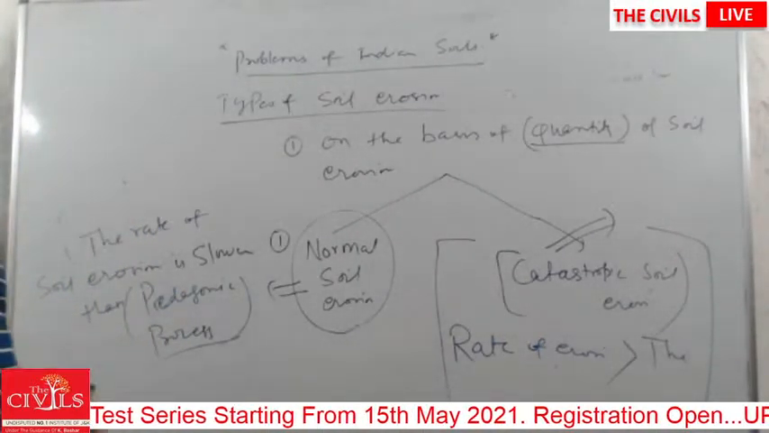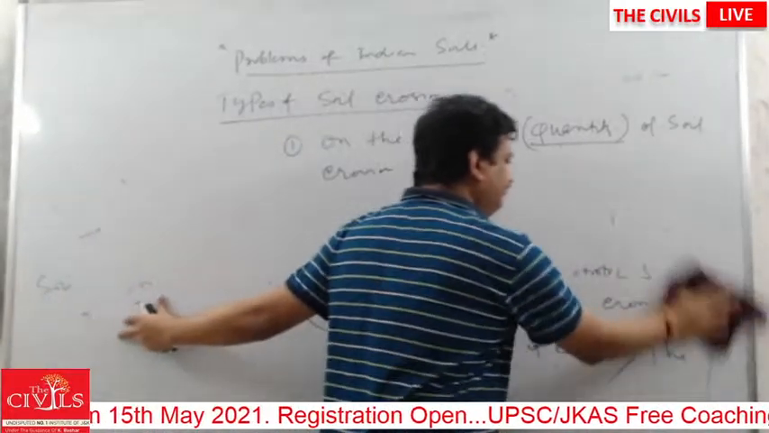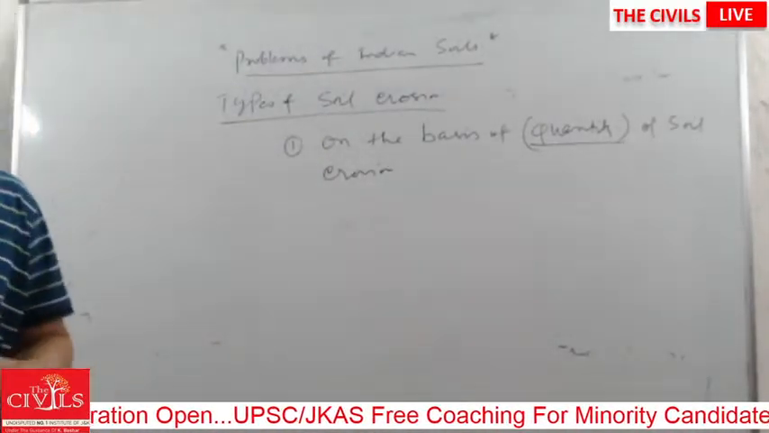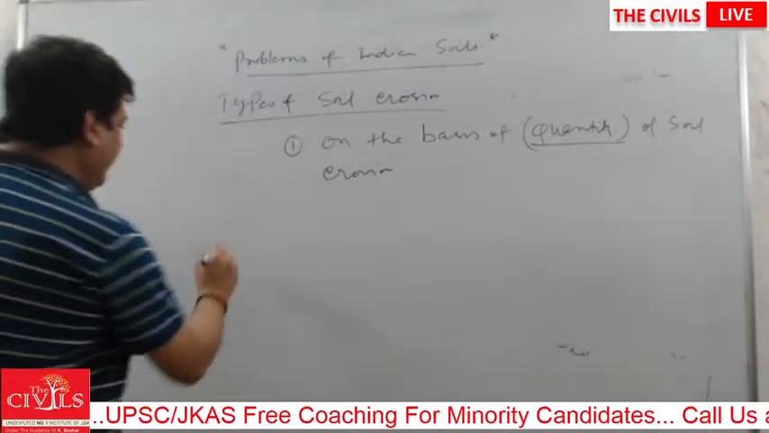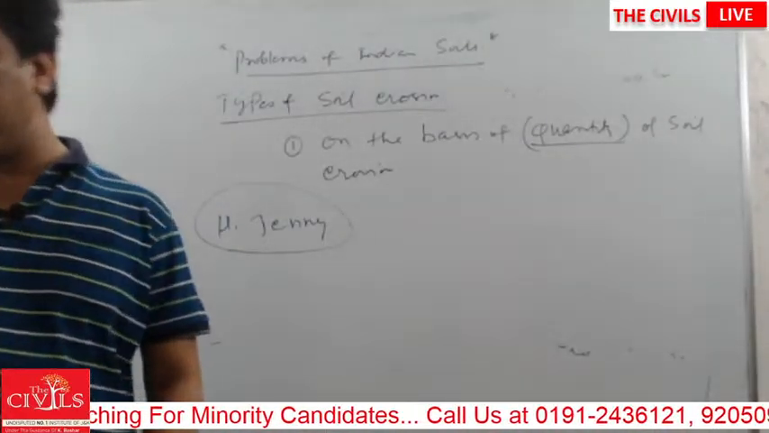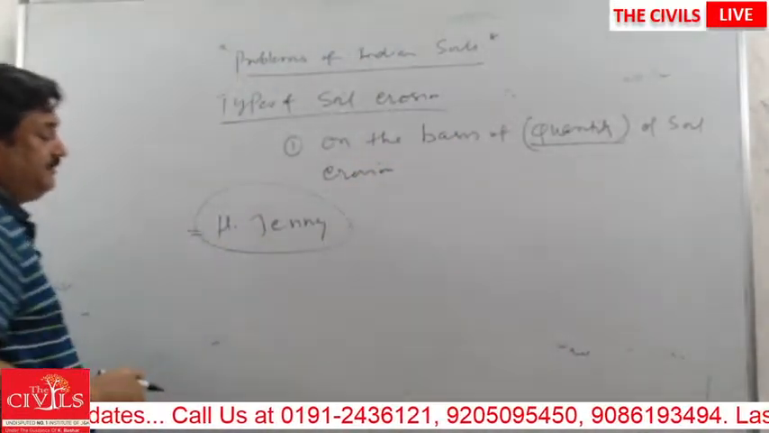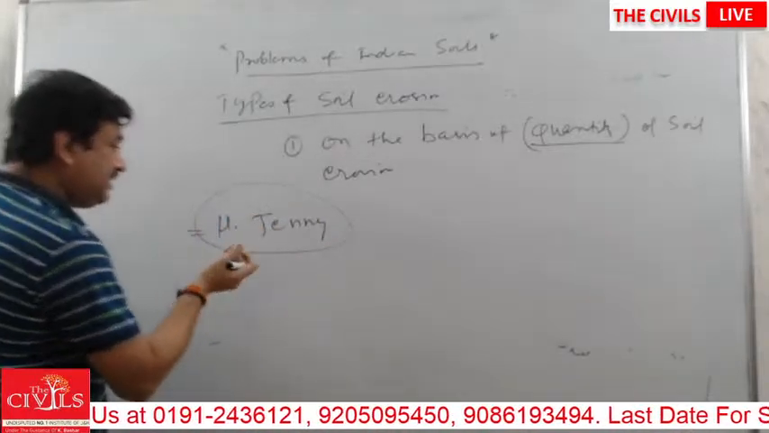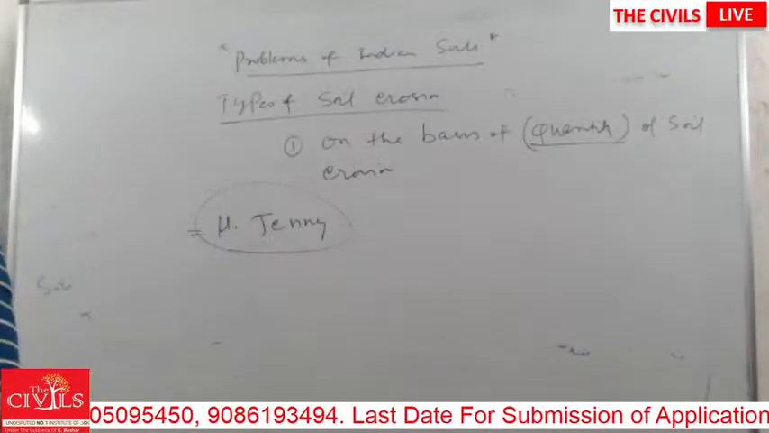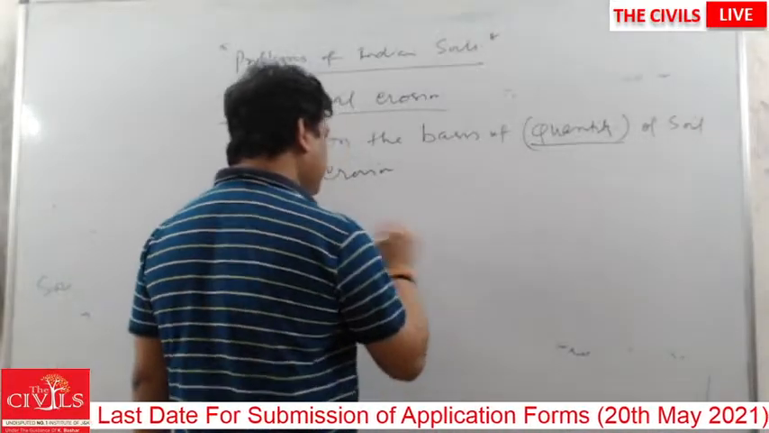Now there is a scientist called H. Janey. He devised a formula to determine the state of soil erosion. He was a scientist, and he devised a formula to know about the state of soil erosion, and the formula is the ratio of potassium